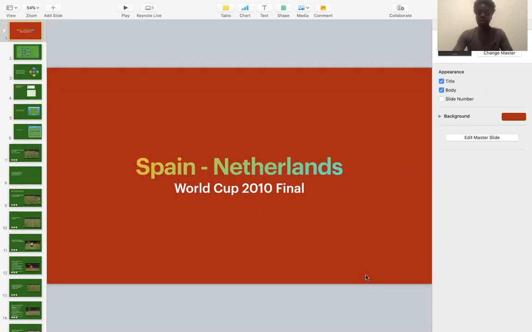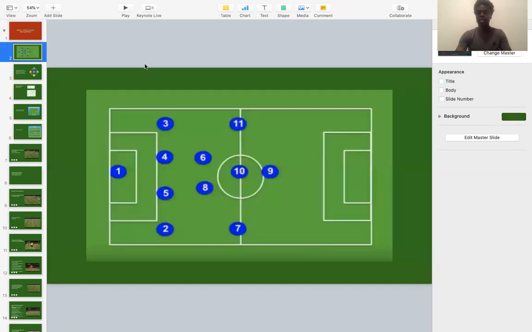Sorry, Spain, Netherlands, World Cup 2010 final. This is the continuation from last week's lesson or class, and that was Spain versus Germany in the Euro 2008 final. So this is Vicente del Bosque, Spain versus the Netherlands, both playing 4-2-3-1, as we see here. Okay, very simple. And we'll be discussing a few things today, a few themes, or a few moments or phases,